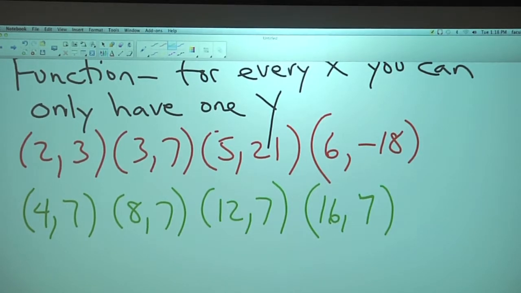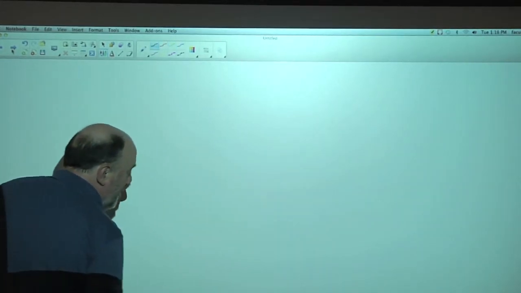So given a set of ordered pairs, you have to be able to tell if it is a function or not. The other way you should be able to tell if something is a function or not is given a graph of a function. So, for example,